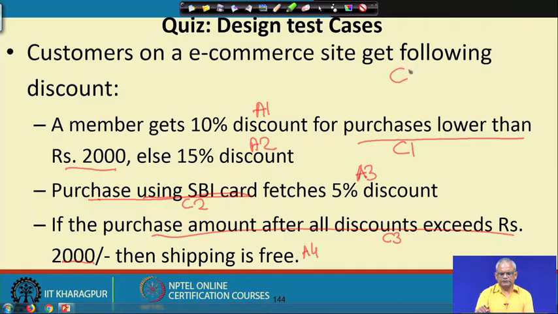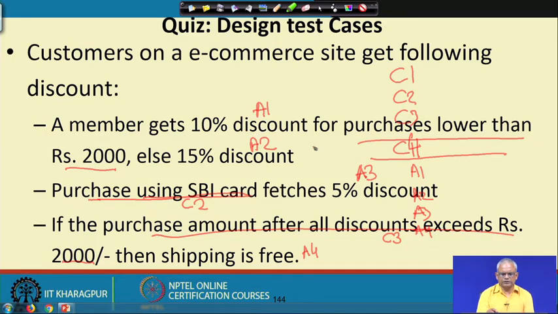We can write C1, C2, C3, C4 in the top rows of the decision table, and A1, A2, A3, A4 are the actions, and then if C1 is true,